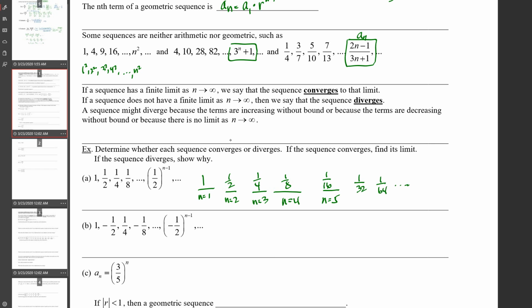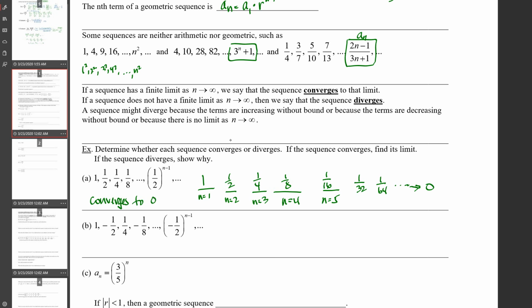And so what is this sequence approaching? What number is it approaching? Can we tell? The bottom's going to get bigger and bigger and bigger. So therefore, this number is going to get smaller and smaller and smaller. So this limit is actually going to be 0. So what we say is that this sequence converges